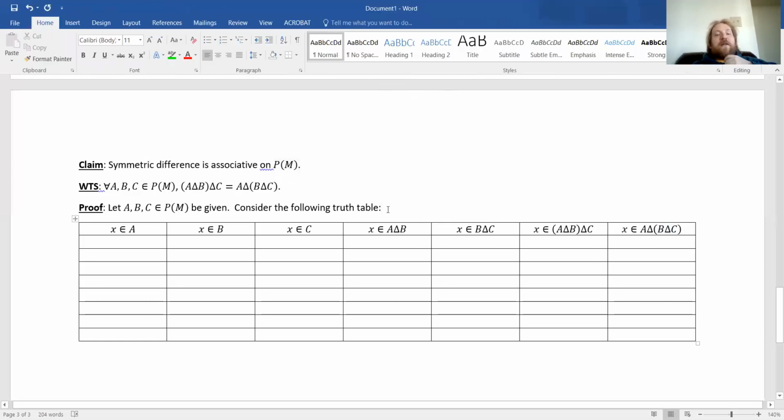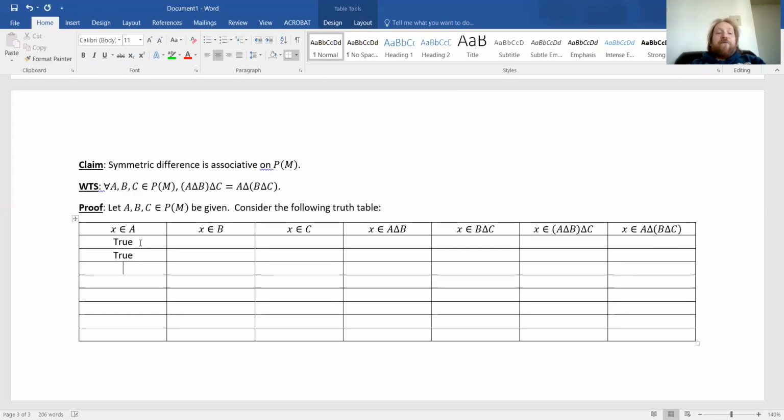Okay, so let's fill in these columns. The first 3 are just how we fill in the independent columns of the truth table. So the first column is the first half true, the next half false. The second column is 2 true, 2 false,